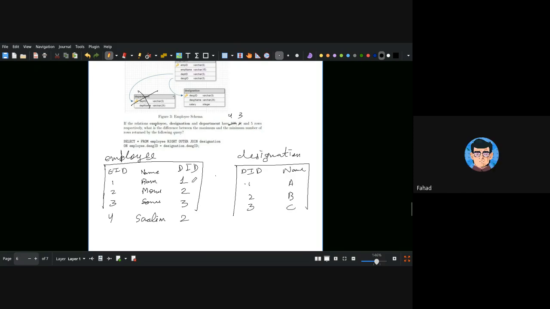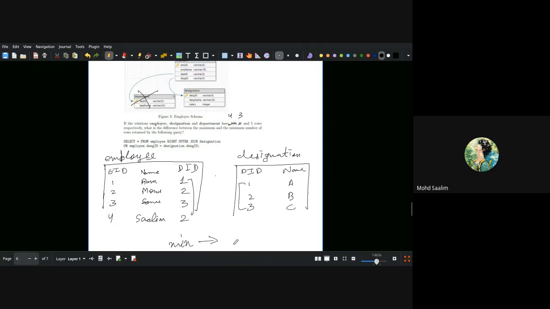4. So that is what I was saying, that in the minimum case itself, when we used all DIDs in the foreign keys, this is the minimum case. You are spreading as much as possible. All the IDs that you had, you spread them in the foreign keys. In that scenario itself, you are getting the maximum number of rows between employee and designation. If we had 4 here, we got 4 as the output.